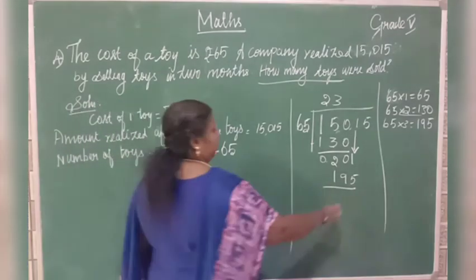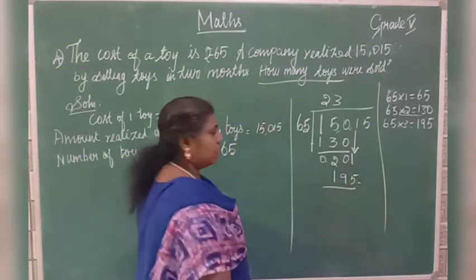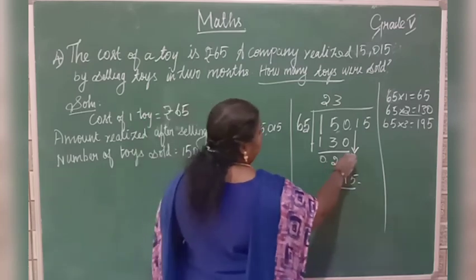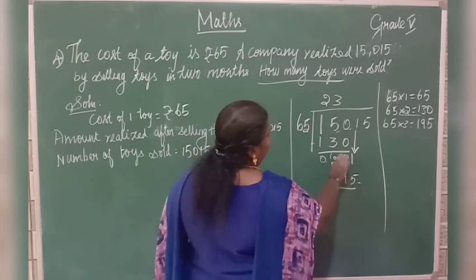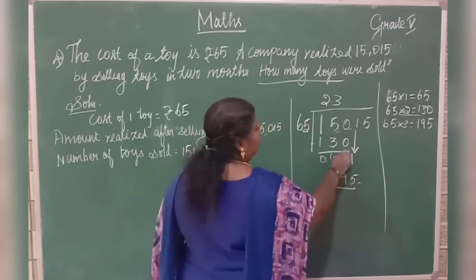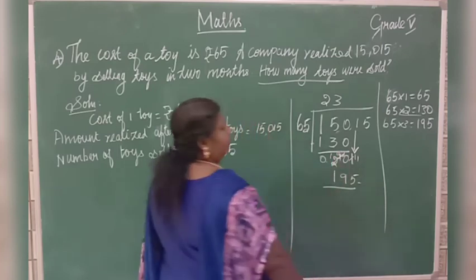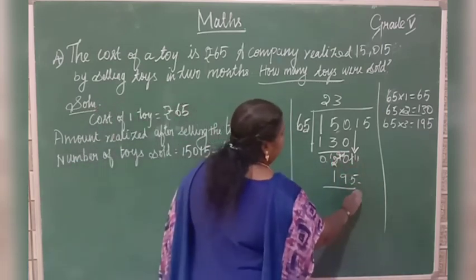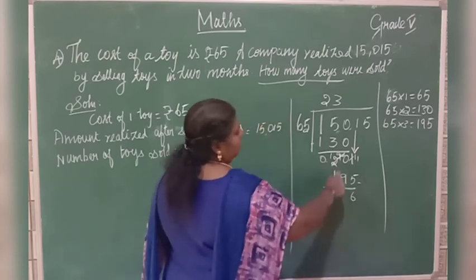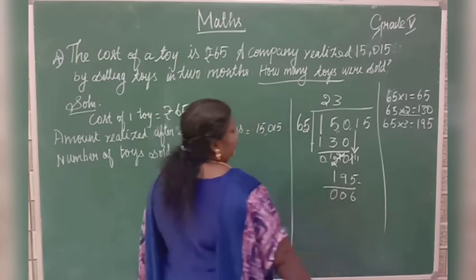Now we subtract. 1 minus 5, we cannot subtract, isn't it? So borrow from the tens place, but the tens place is 0. So borrow from the hundreds place. Here 1, but here 10 will come. Then again we borrow from here. It will become 11, and here 9. Yes. 11 minus 5 is 6, isn't it? Then 9 minus 9 is 0, 1 minus 1 is 0.